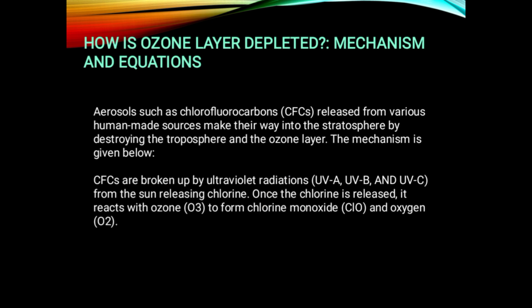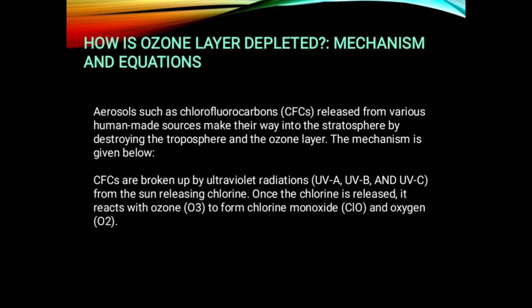So we'll be looking at how the ozone layer is being depleted. What are the things that take place during ozone layer depletion? We'll be looking at mechanisms and equations. Aerosols such as chlorofluorocarbons released from various human-made sources make their way into the stratosphere by destroying the troposphere and the ozone layer. So what happens is that these chemicals we use, the aerosol sprays, the propellants, when we use these substances,